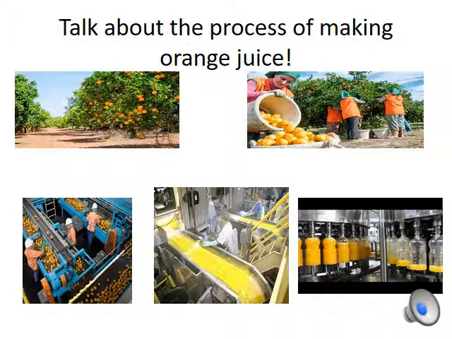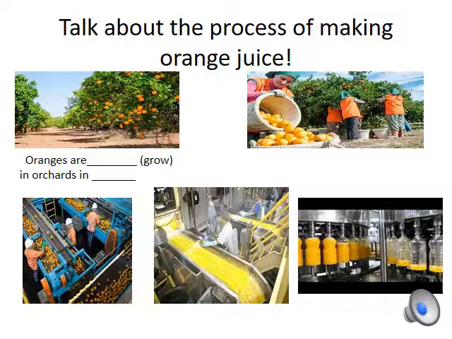Now I want you to talk about the process of making orange juice. So, look at the 5 pictures that tell the story of orange juice from oranges on trees to orange juice in bottles. I'm going to help you. Look at the sentences below the pictures. So the first one, oranges are, and then you have the verb